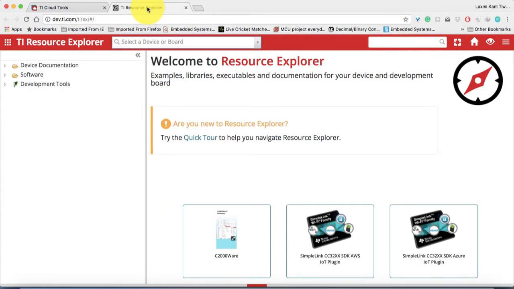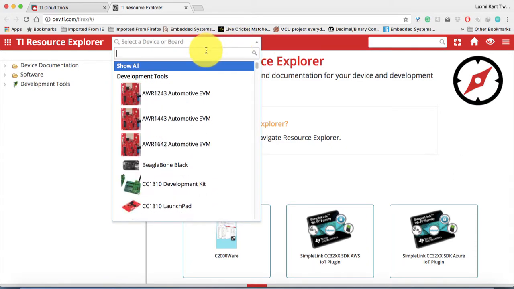So let's come to the TI Resource Explorer. There are a few things you can see here. Either you can search from here, or you can select a board directly. That means you can search for a topic from here and you can get a board from here directly. So let's select a board. I'm going to select the board